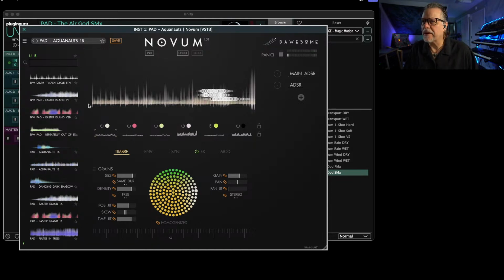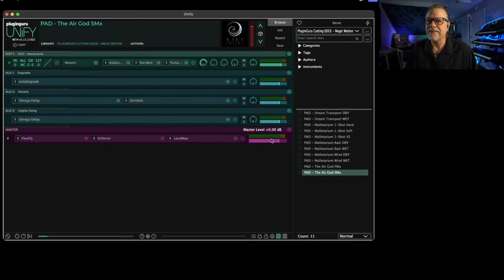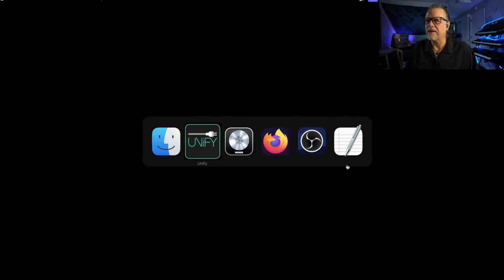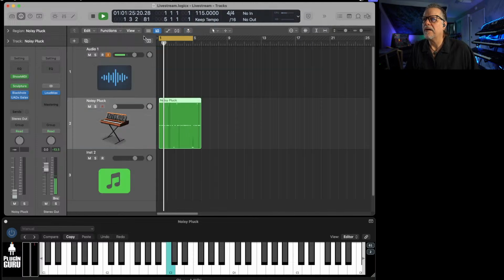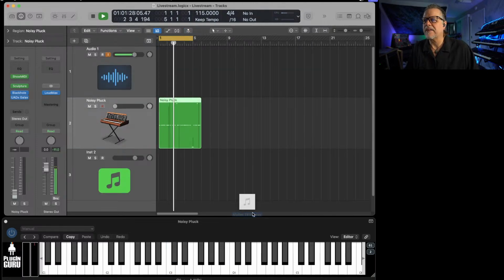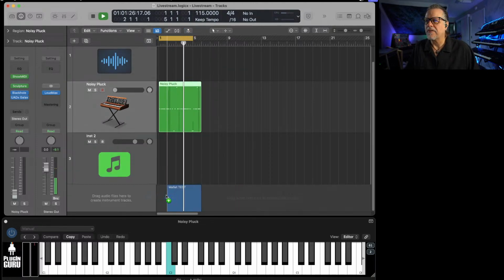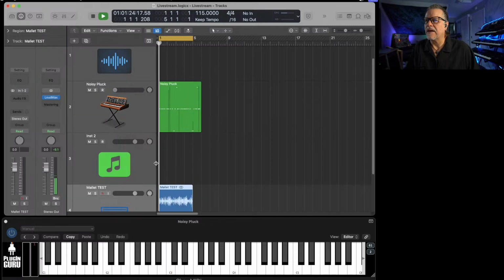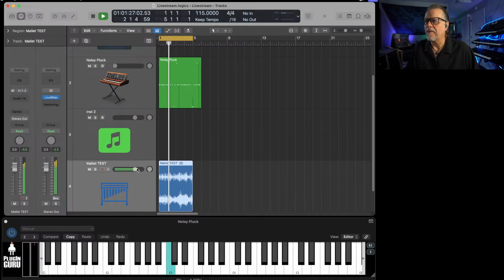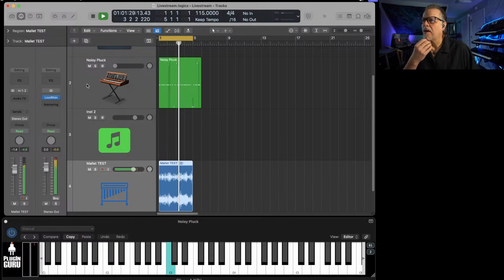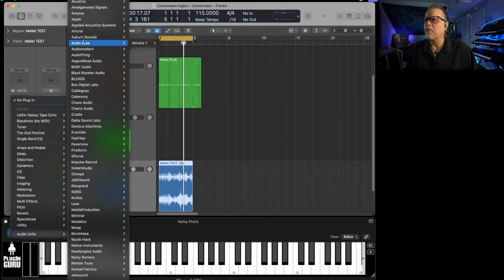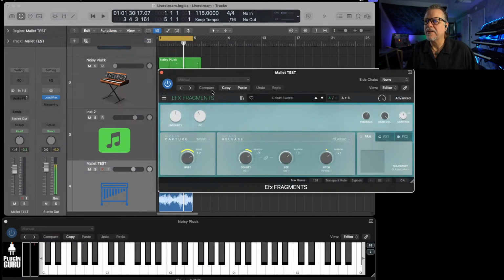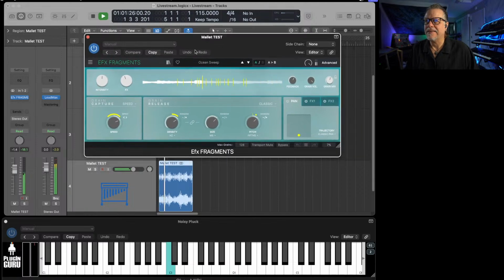Another place to show you really quick, just as another option that I might take for these types of sounds, that's fun. Inside of Logic, let's take this audio track. Let's bring in the mallet test. Bring it over here and say, what, right there. There's all sorts of audio effect plugins. One of my favorites for this kind of stuff is from Arturia called Fragments, because it can take this